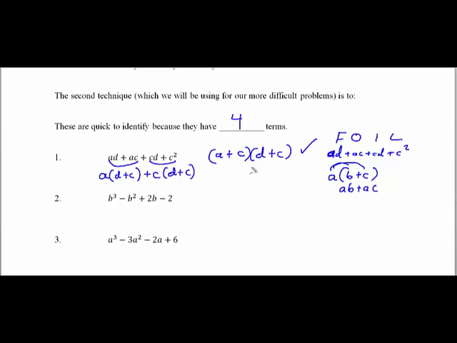So this is an application of the distributive property going from here to here, because this is really the A plus C multiplied by the D plus C. Rearranging this using some commutative properties could also explain this as well, but this is really not the point that you want to see. What you really want to see is this pattern over and over again so you can